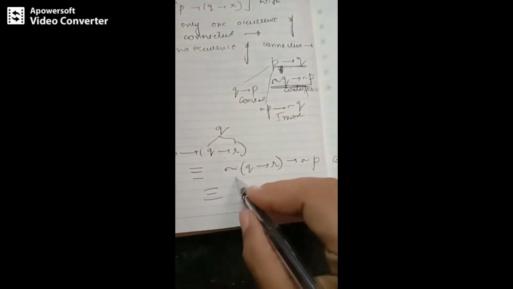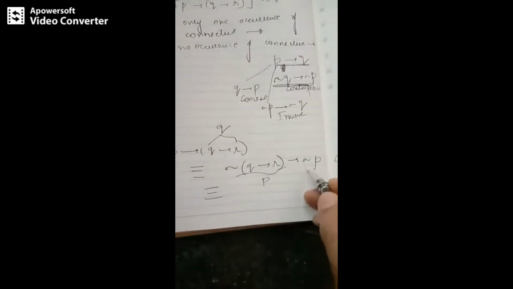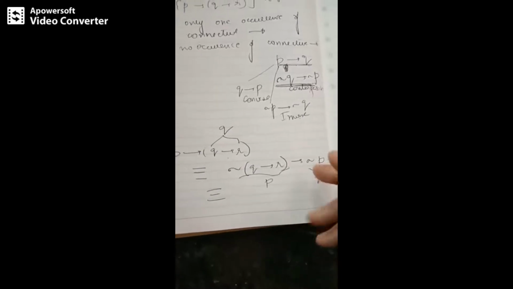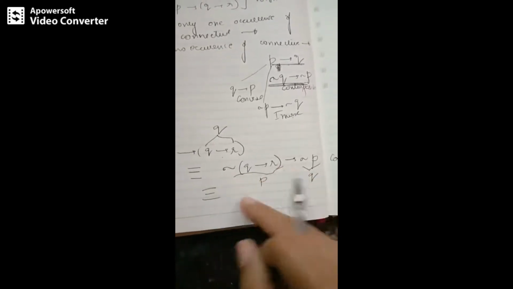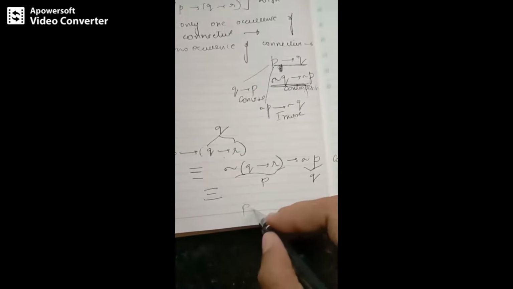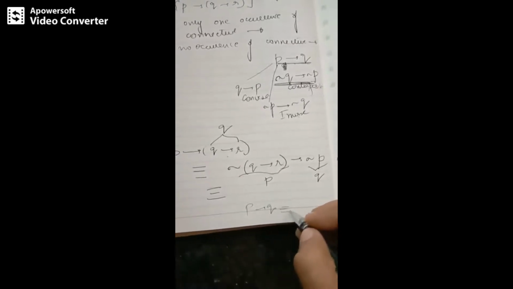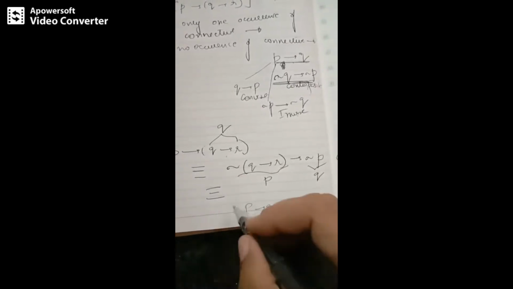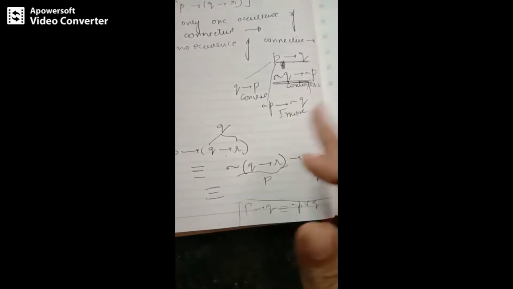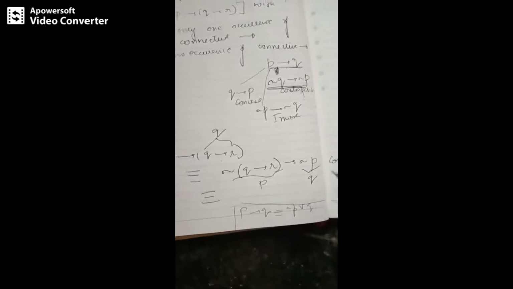Next, I can consider this to be P. I can consider this to be Q. So whenever we have this, it looks like some form of P implies Q. What is P implies Q? Logically equivalent to negation P or Q, right? So you can just mention this in the side work, that is right hand side, some rough work. So P implies Q is negation P or Q.